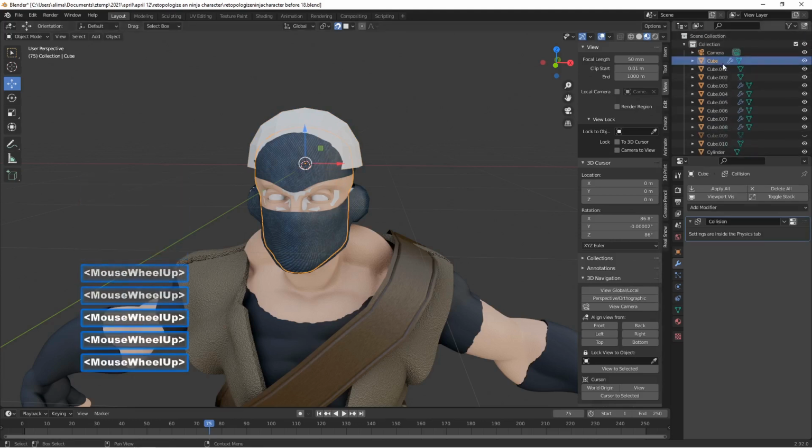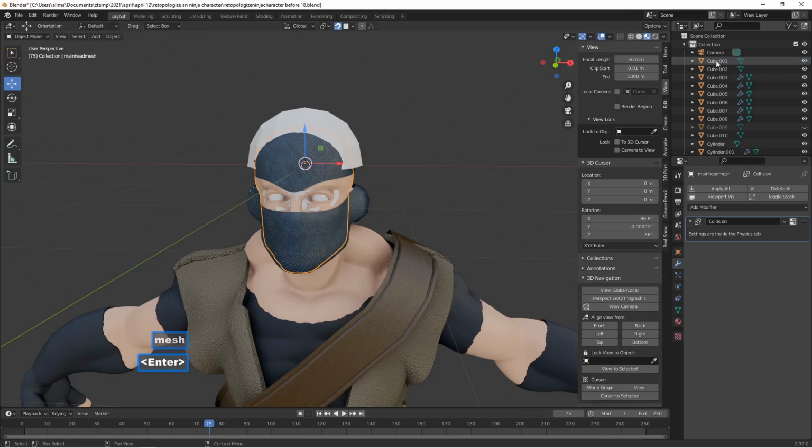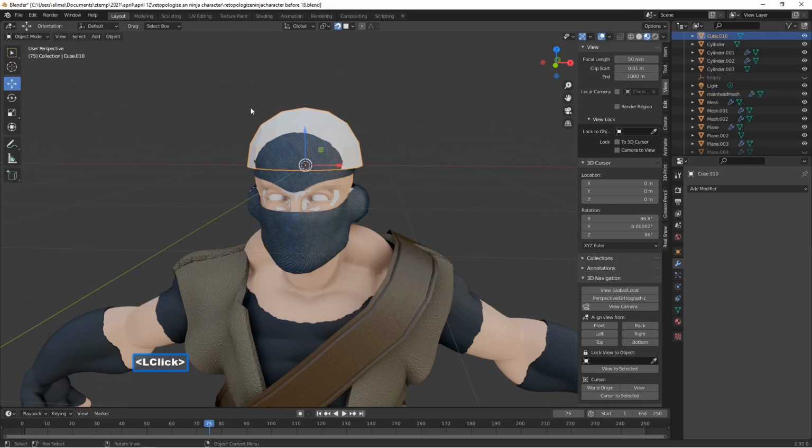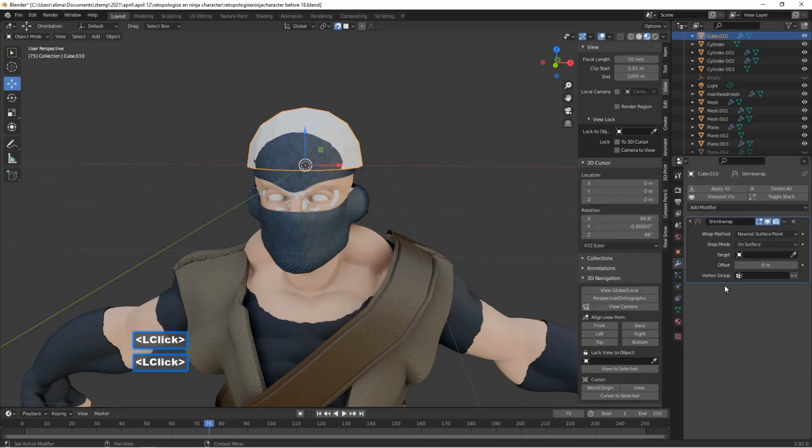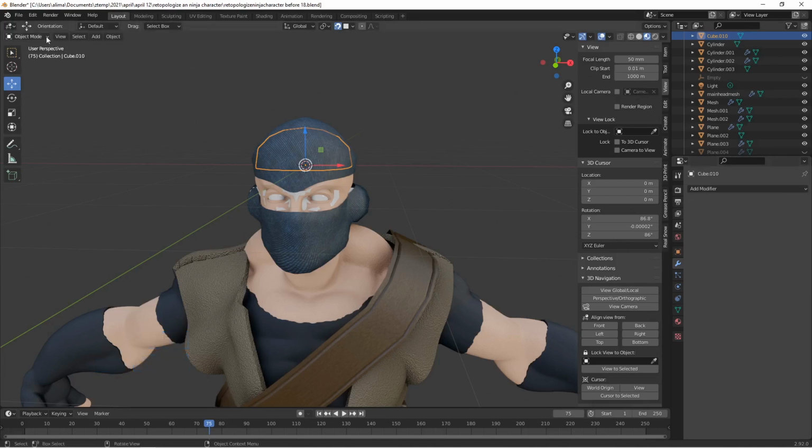This is where you can find objects in Blender. We'll double click here. We'll name this main head mesh. We're naming that basically so that we can easily see what we're applying the shrink wrap modifier to. What we're going to do now is select here, add a shrink wrap modifier, go to this target, select the main head mesh. We can see it highlighted right there. With that done, we'll go to the arrow, select that, select apply,